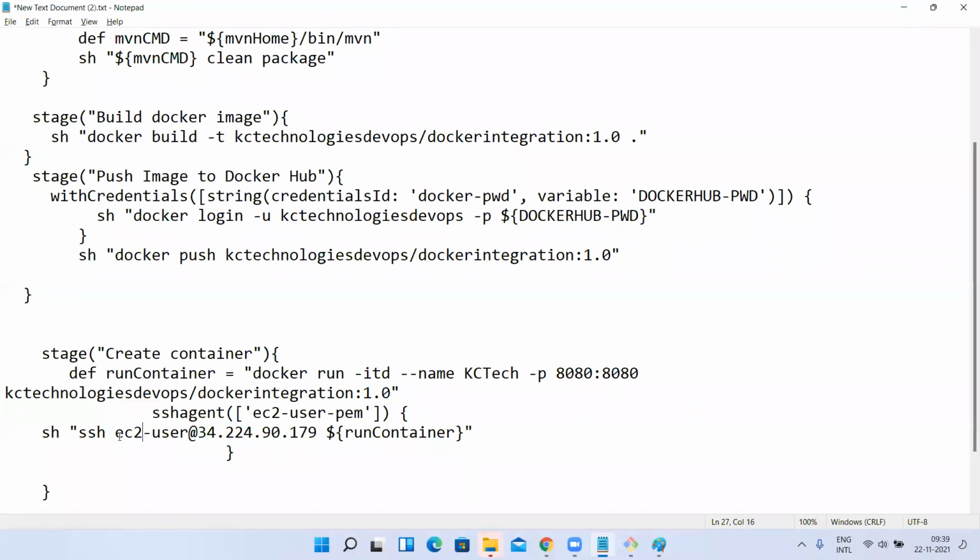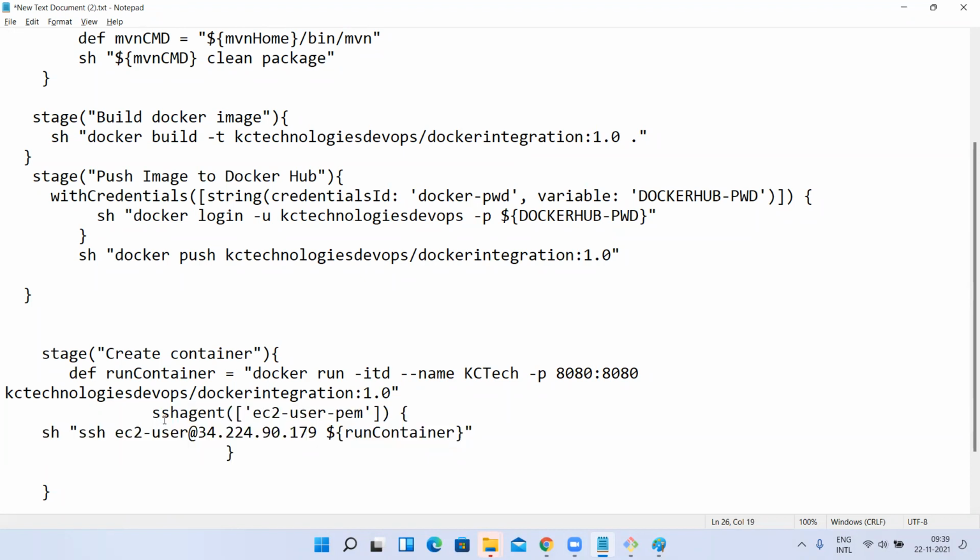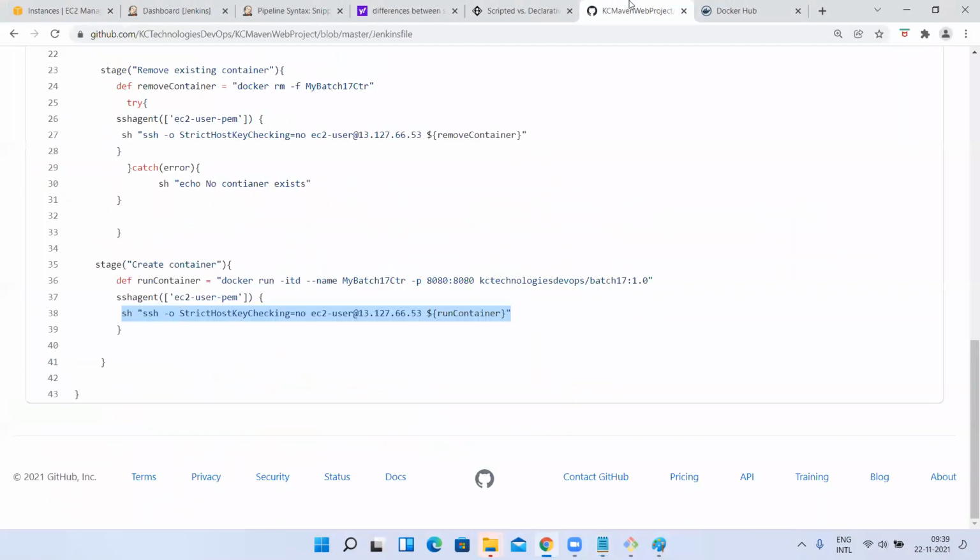For this EC2 user, I already have set a password here, meaning either a password or a PEM file, a secret key, however you have configured, right? I already set it here. So if I use this user within this function, the password or the PEM file, the secret file of that user will be used. That is the reason we are using it. You observe here, it will be clearly visible. I have used SSH agent, right? While creating the SSH agent, I have set this ID, and I have given the user as EC2 user and either password or PEM file.